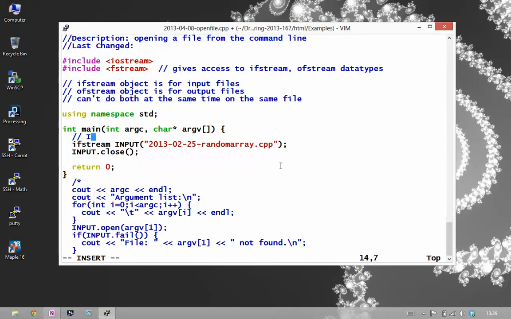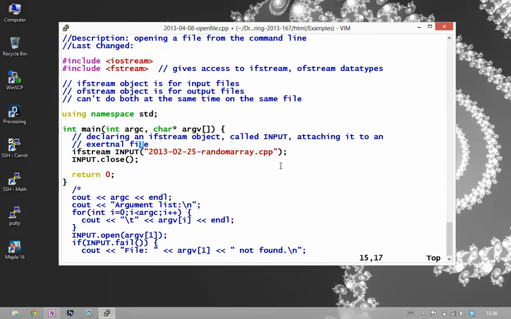So I'm declaring an ifstream object, and it's called input, and I'm attaching it to an external file called